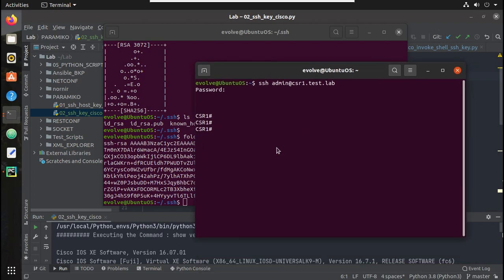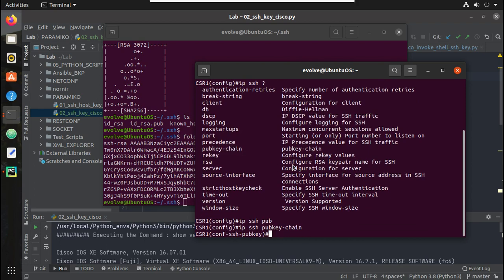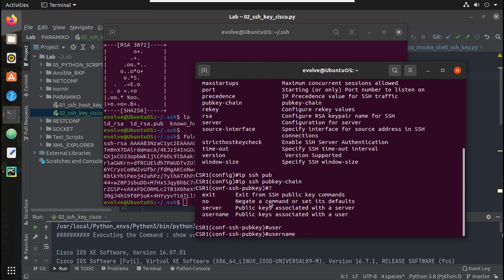Here the configuration is, go to config mode and IP SSH. You can see here public keychain. We'll give public keychain. And here you can see the option username. I'll give a username admin1,